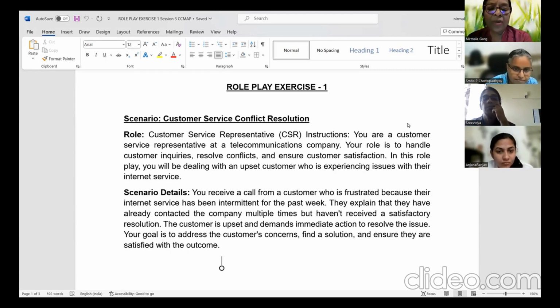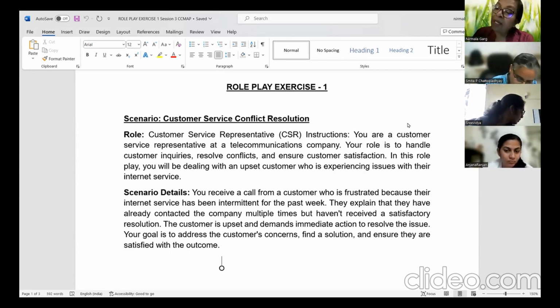So your goal is to address, Amit's goal is to address the customer's concern, find a solution, and ensure they are satisfied with the outcome, that Priya is satisfied with the outcome. Sure. Okay. Now, I want others to do a little bit of documentation of